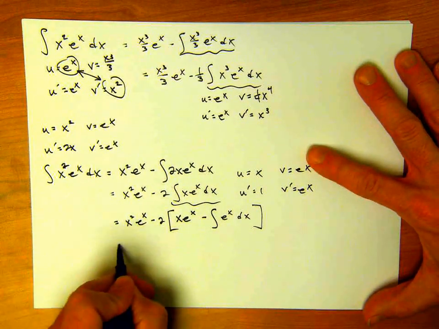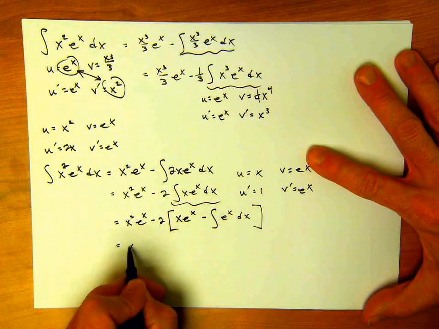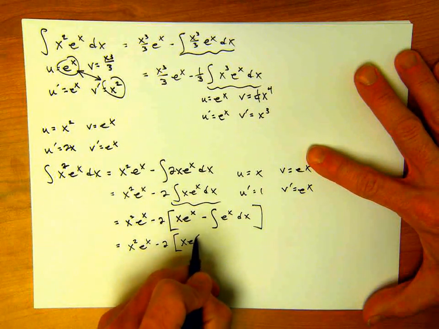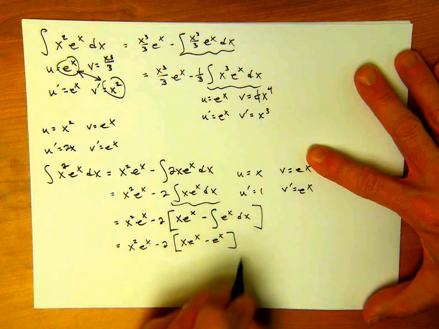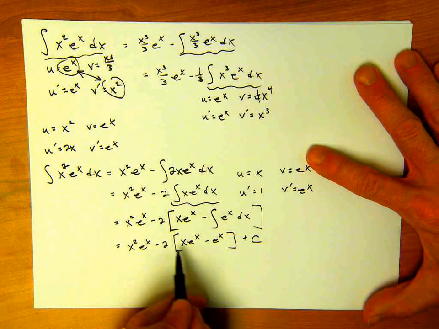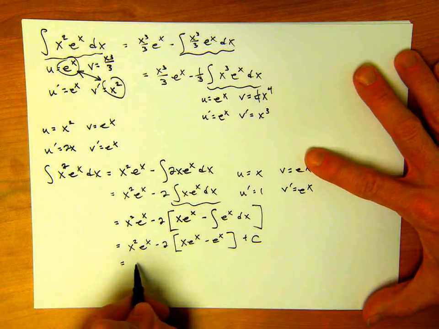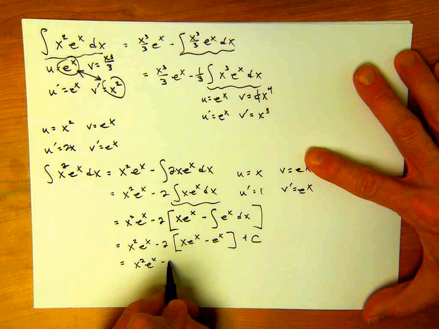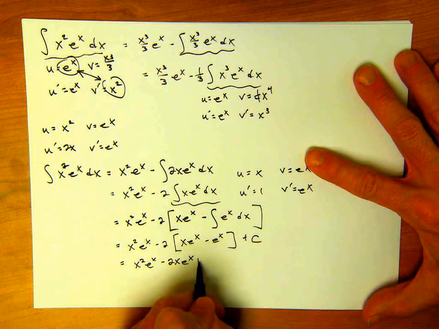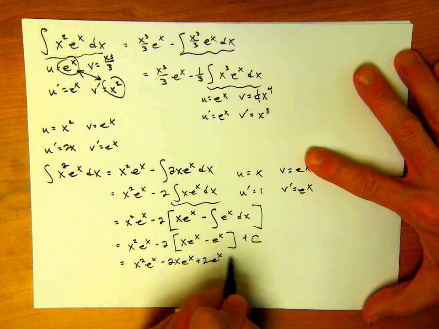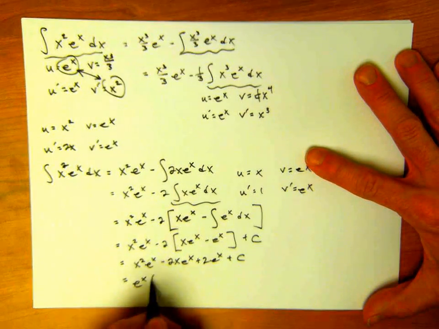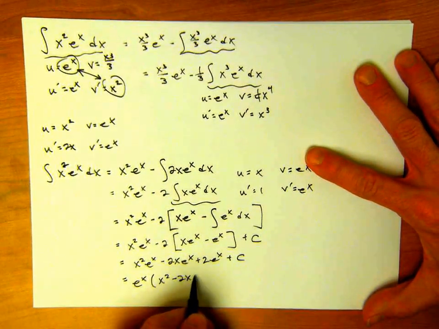All right, let me just rewrite it. x squared e to the x minus 2 times x e to the x minus e to the x. Remember, we are going to have a plus c on here because we're finding a general antiderivative, not a definite integral. Let's distribute and try to simplify here a little bit. x squared e to the x minus 2x e to the x, and then the minus 2 times the negative e to the x, that's plus 2 e to the x plus c. Notice that each of these terms has an e to the x, so we could simplify a little bit further if we wanted to. x squared minus 2x plus 2